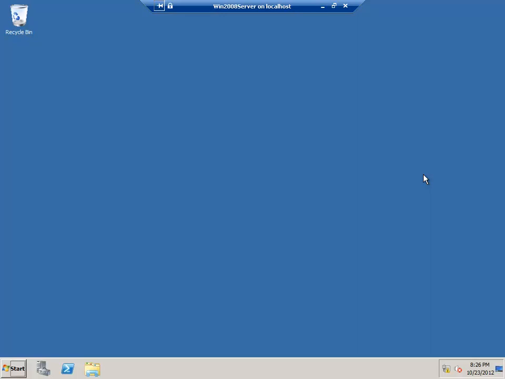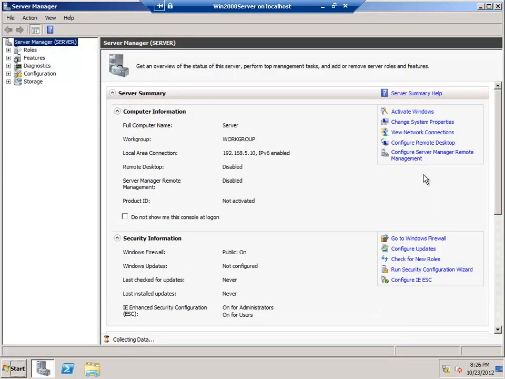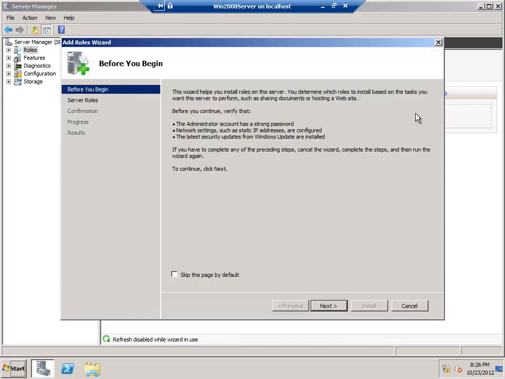Then the next thing that's going to pop up for us is a utility called Server Manager. This utility is what we're going to use to complete the configuration of the server. So the first thing we're going to do is click on roles, and roles are the functionality that's built into the server. So we want to add a role that allows it to be a domain controller. So I'm going to add roles,